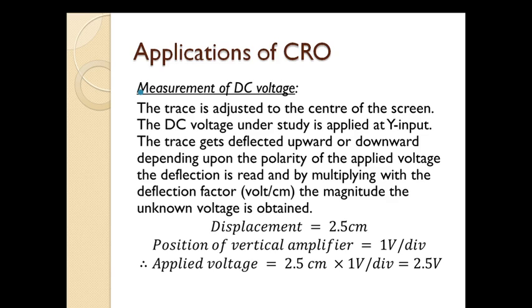So CRO has a large number of applications. It can perform all measurements on the electrical signals and can find out all the electrical parameters like AC-DC voltages, AC-DC currents, frequencies, phase difference between two electrical signals. Every parameter of the electrical signal can be determined by making use of CRO. Along with the electrical parameters, we can also find out the non-electrical parameters like temperature, pressure, stress, strain. But first we need to convert all the non-electrical parameters into electrical equivalents by making use of a transducer, since CRO is an electronic measuring instrument.